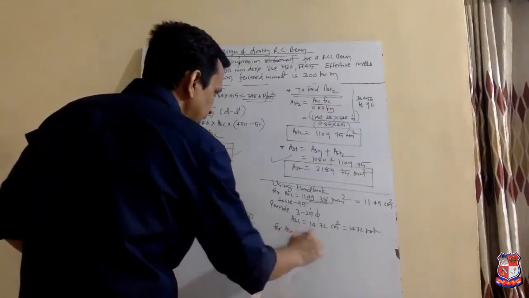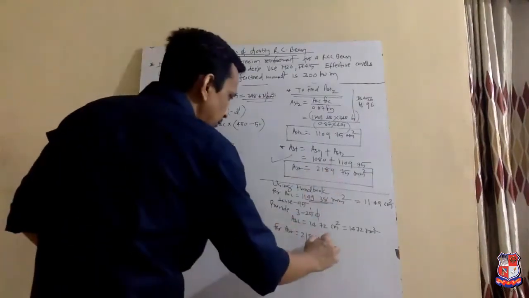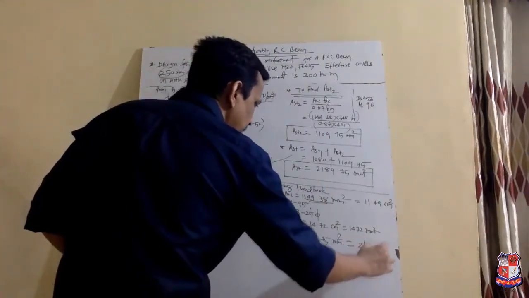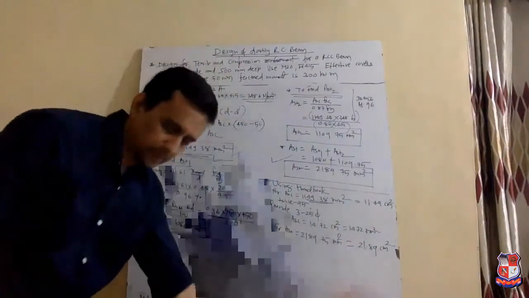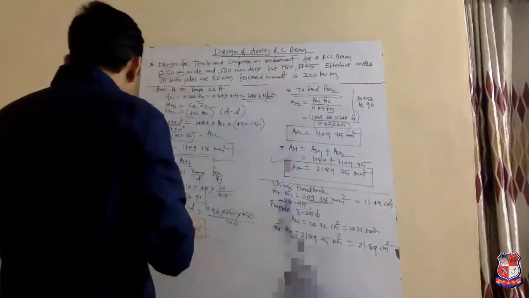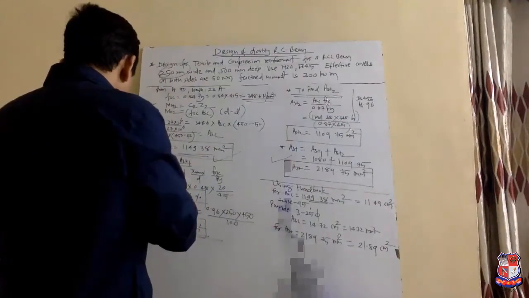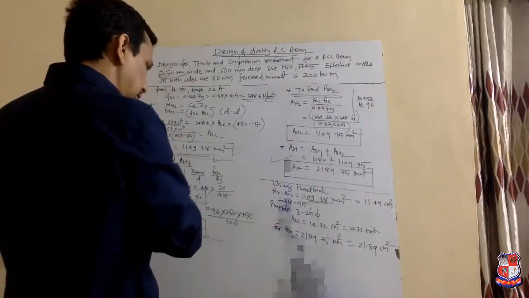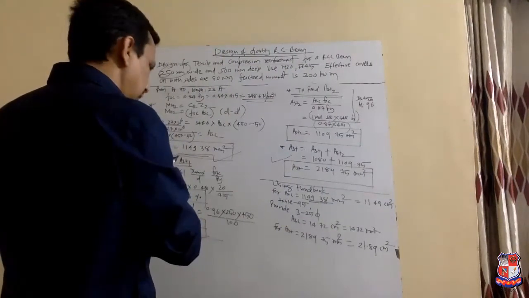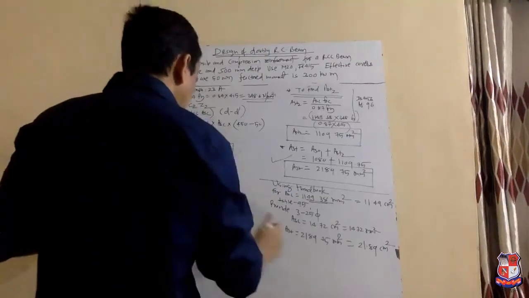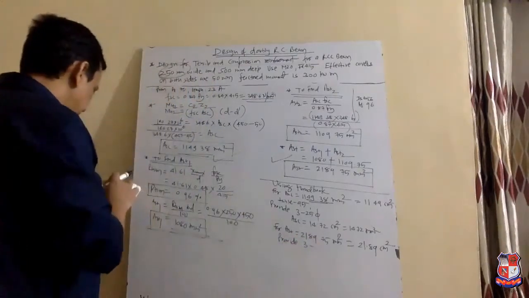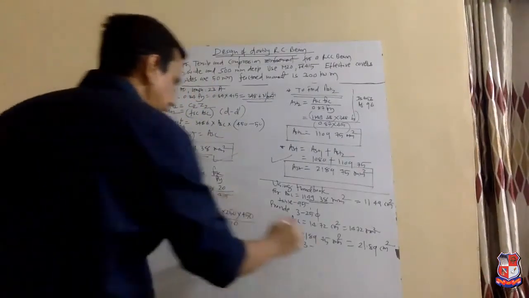Now for AST, it is 2189.75 mm square, equal to 21.89 centimeter square. Now in the same way, first look in the column of number of bars. So in 3 number, if we look for 21.89, we get 3 number 32 mm dia